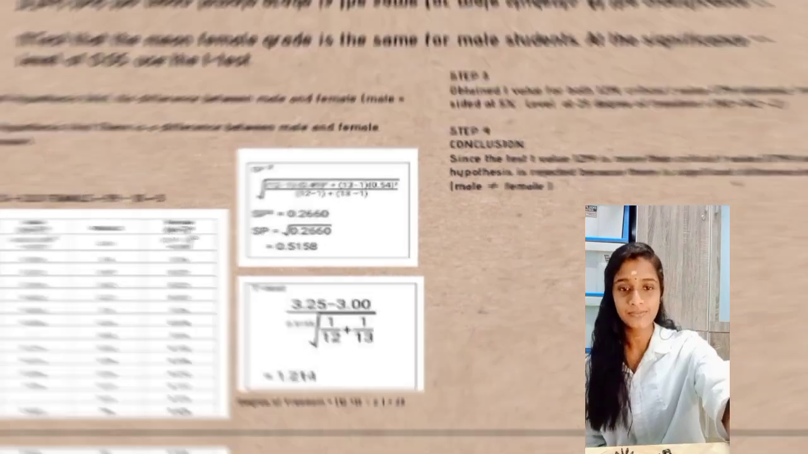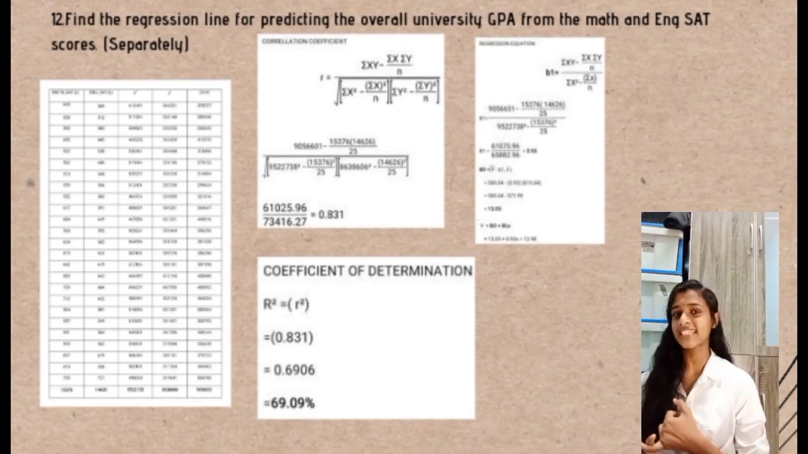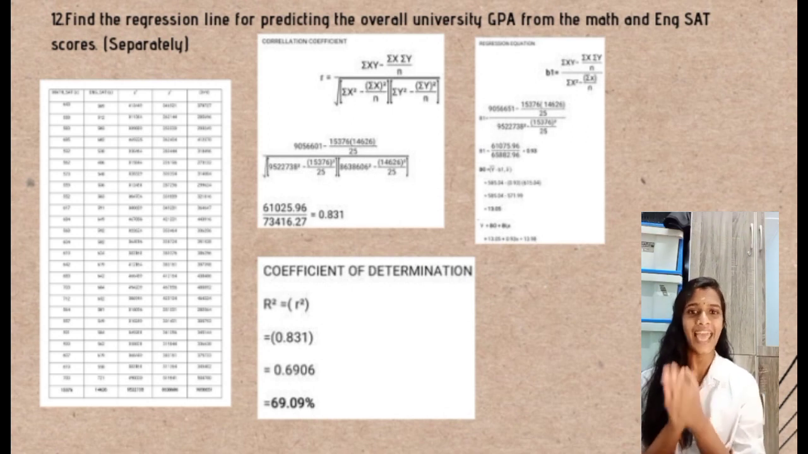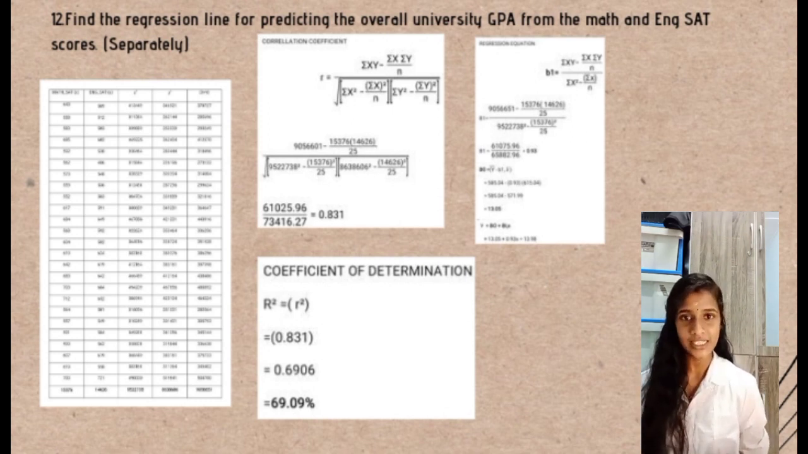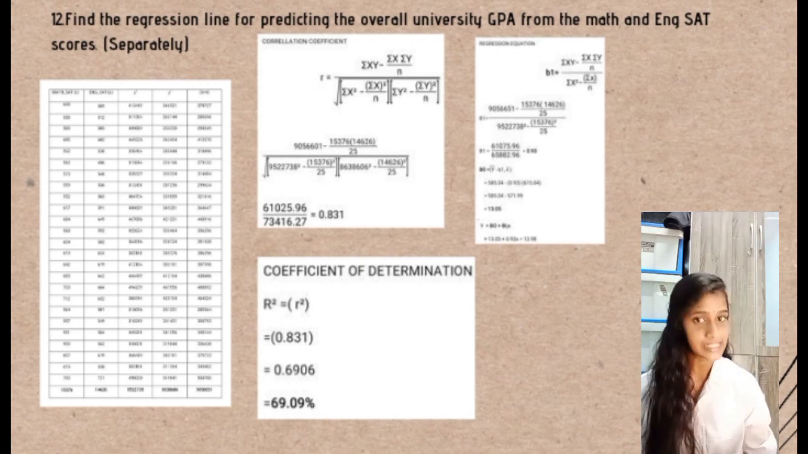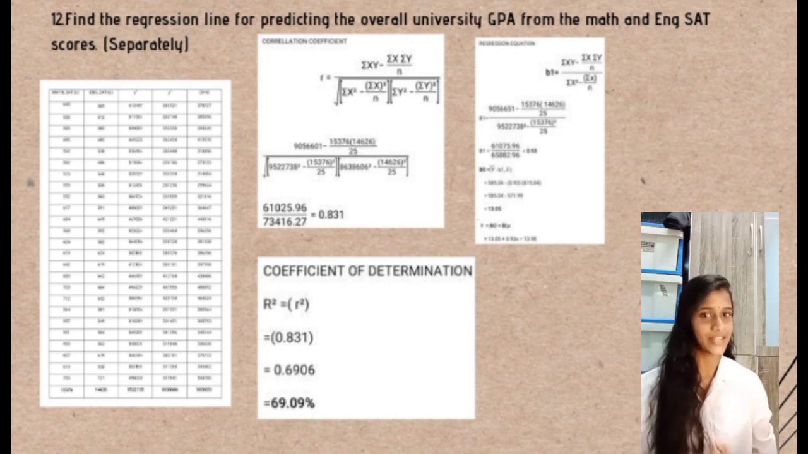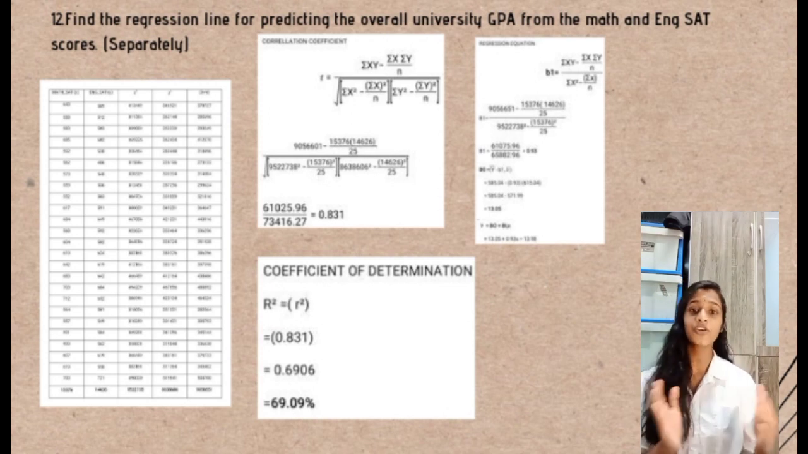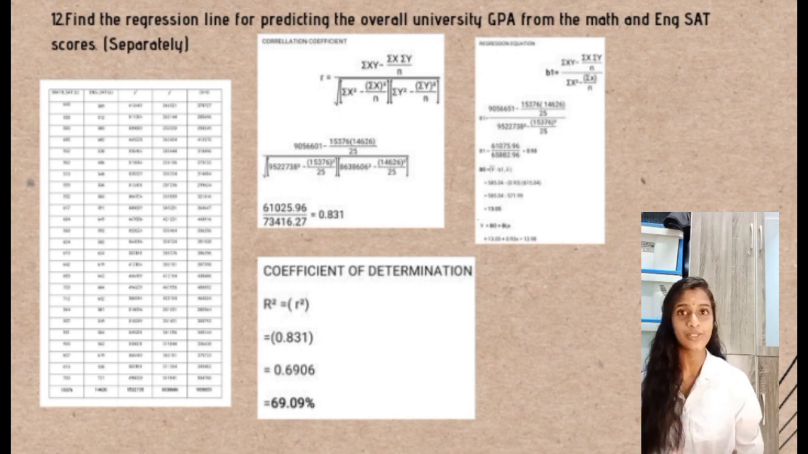For question 12, we have to calculate the regression equation, the correlation coefficient and then the coefficient of determination. For that, we have to calculate the total of x, which is Math. The sum is 15,376. And for y, which is English SAT, we get 14,626. And we square x, which is 9,522,738, and for y we square it, which is 8,638,606, and for the final one we multiply x and y, and the total sum comes to